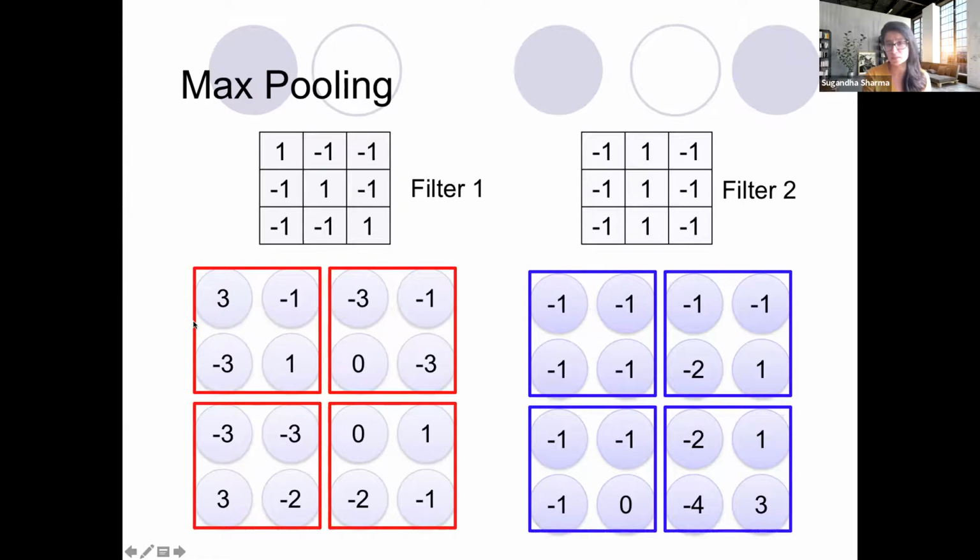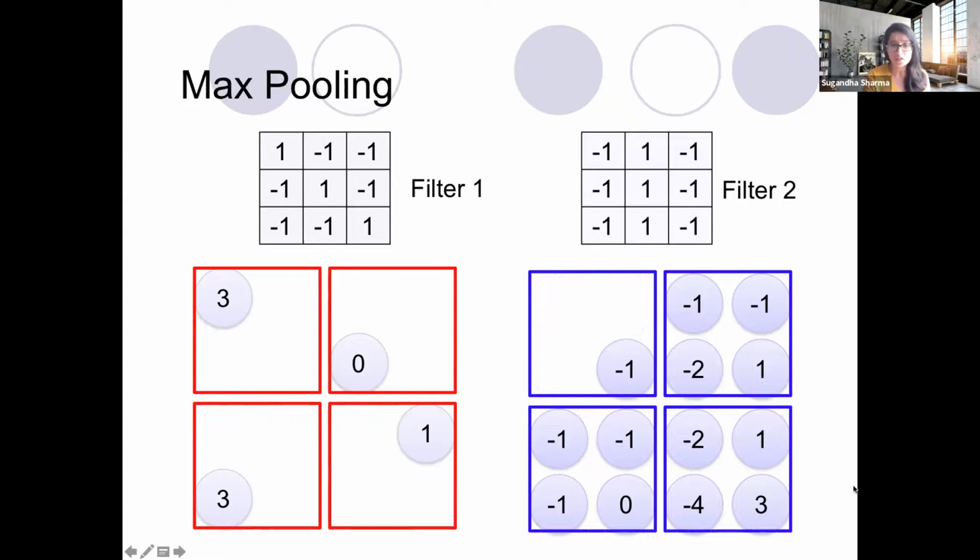maximally activated neuron, right? So in this case, this is the maximal activation. So we just select this. And similarly, here we just select 0. Here, the maximum activation is 3. So we select 3. And here it's 1. So we select 1. And so on for the second filter as well,